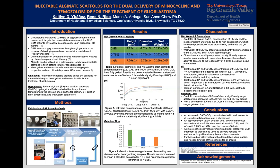Our objective is to fabricate injectable alginate-based gel scaffolds for the dual delivery of minocycline and temozolomide for the treatment of glioblastoma. Hence, scaffold integration may lower the possibility of recurrence by strategically releasing drug over a specialized period of time. Now, as for the methods, scaffolds were fabricated according to the concentrations deemed to reach the desirable pH range